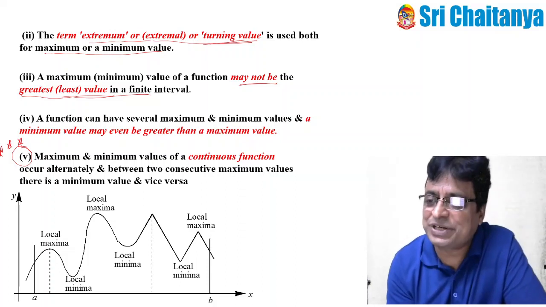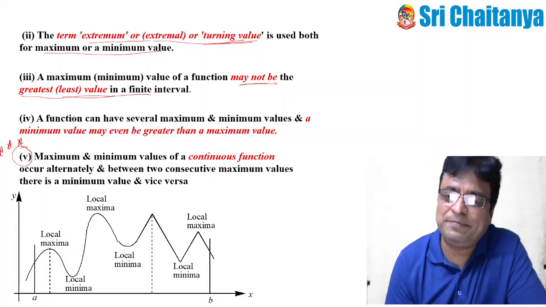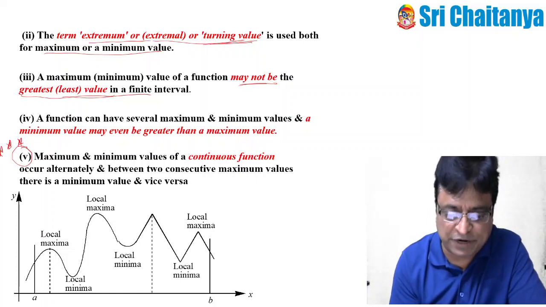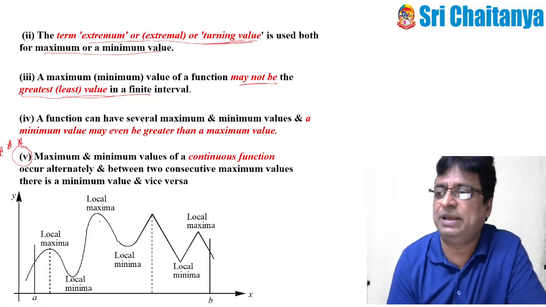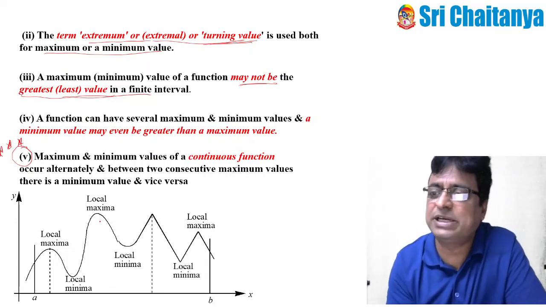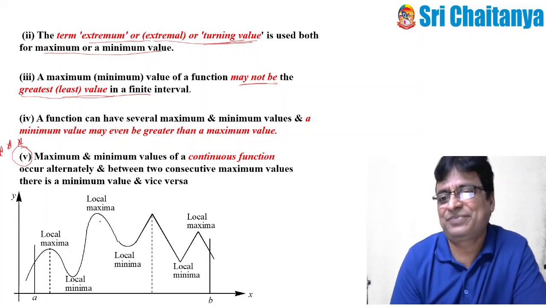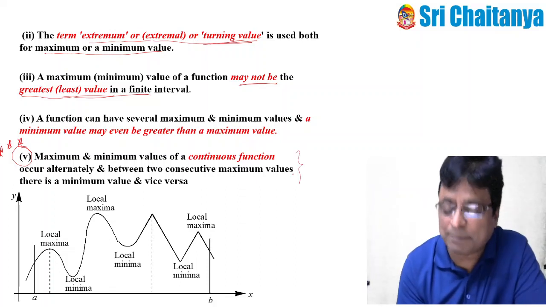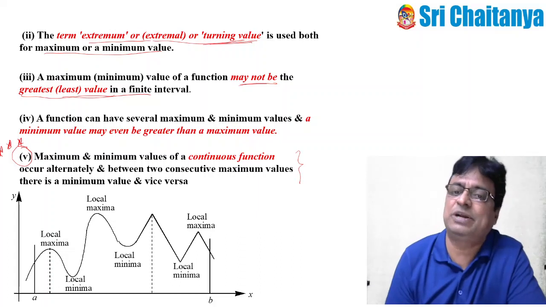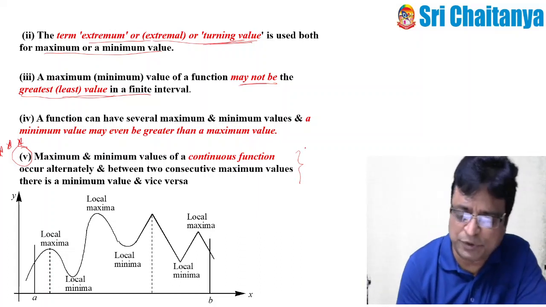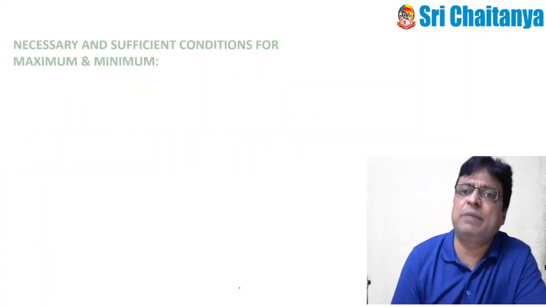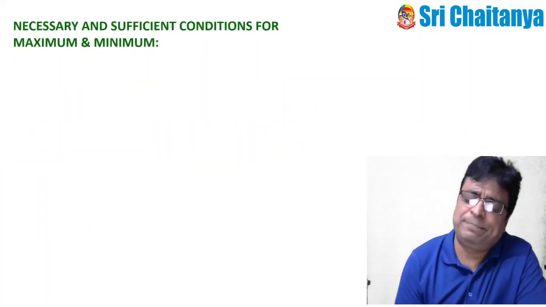Whenever a continuous non-monotonic function is defined in a closed interval AB, then between two consecutive maxima there is a minima. Between two consecutive minima there is a maxima. And this is the beautiful concept and application of Rolle's theorem that we will learn in the next mean value theorem concept. So, this is one of the beautiful important properties, please don't forget. Clear, my friends?